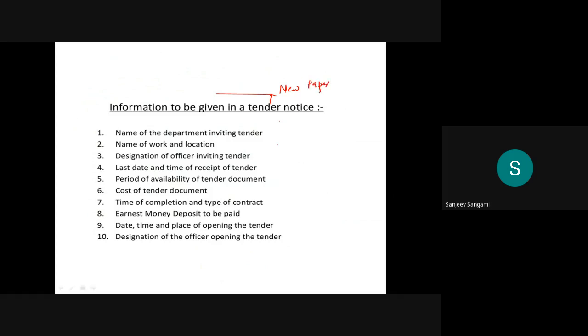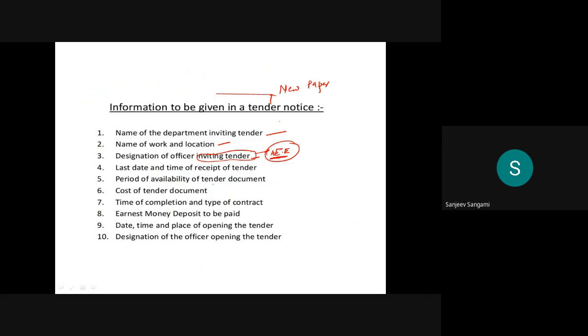There you have to give the name of the department inviting the tender, the name of the work and location, where exactly and what kind of work you are executing. Then the designation of the officer inviting the tender, that is, who is inviting it. Normally it will be AEE and above.